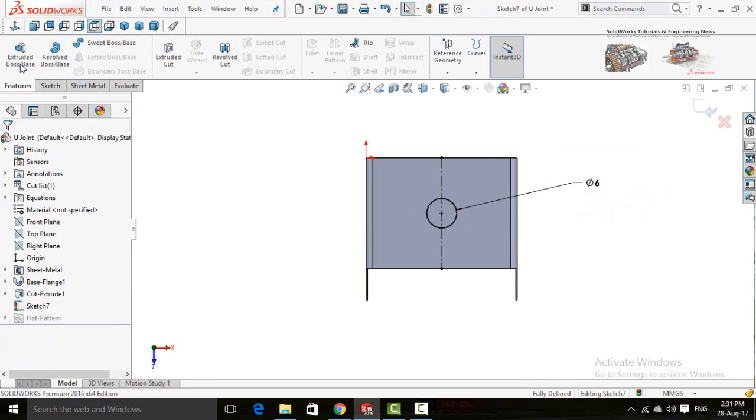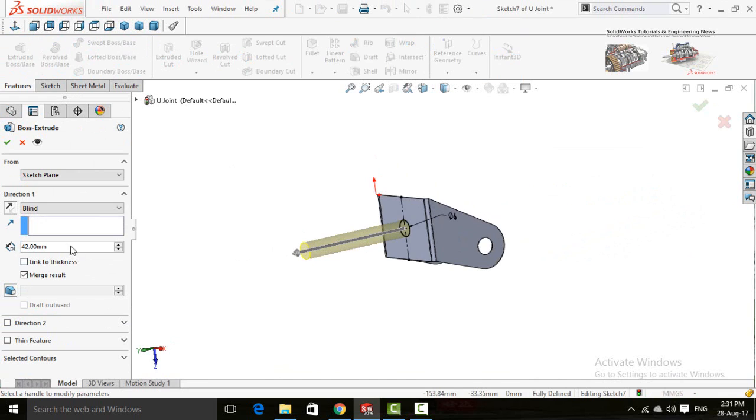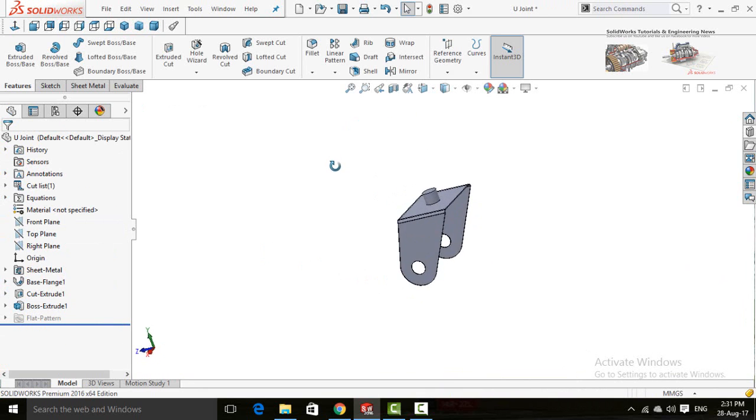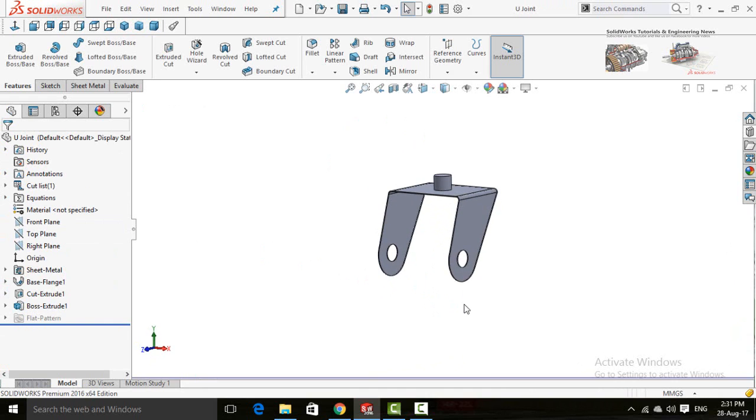Press OK button and extrude it up to 5 millimeters. Press OK button. First part is ready, so save it.